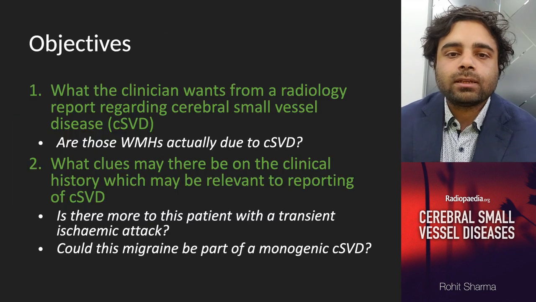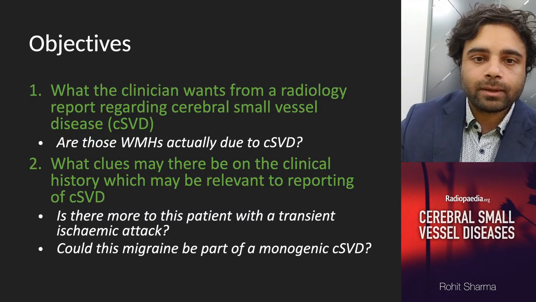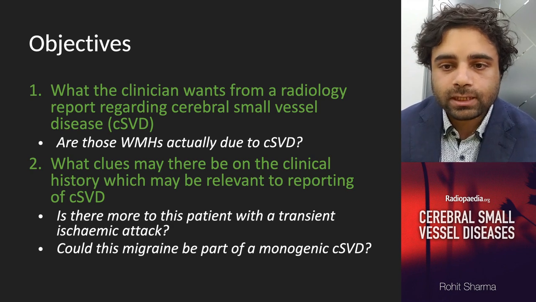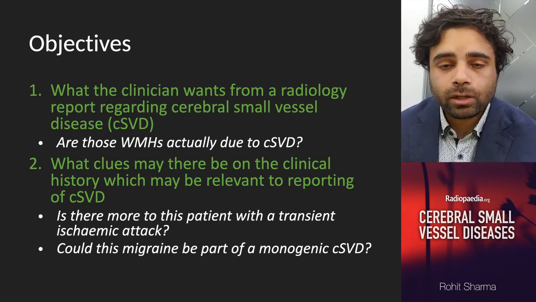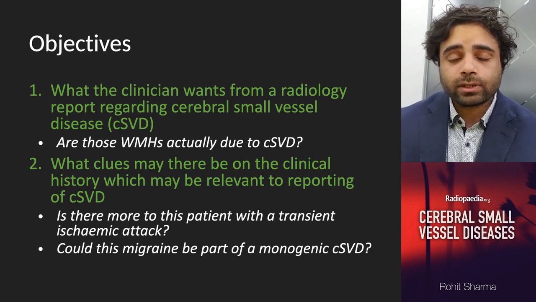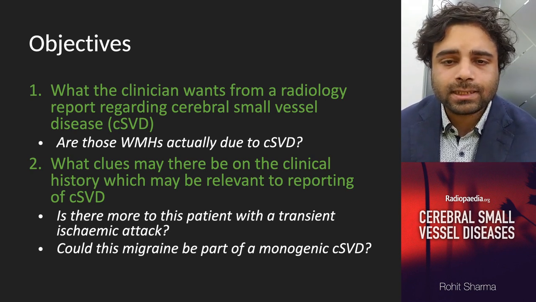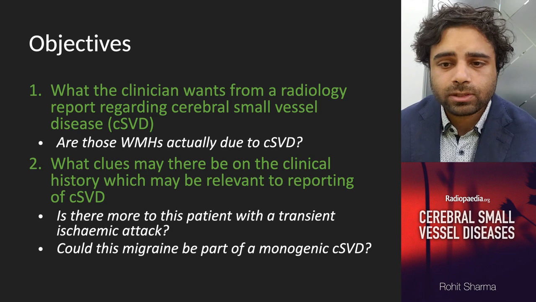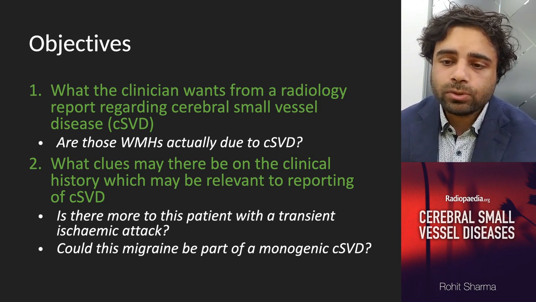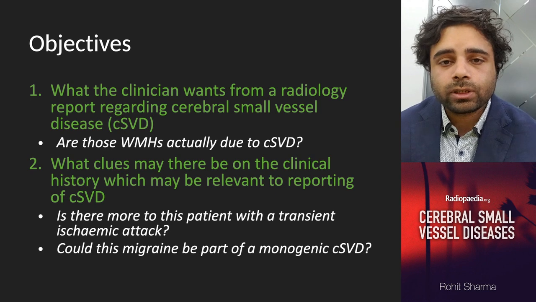So what I hope to impart from my part of the talk is two main objectives. First, what the clinician wants from a radiology report regarding cerebral small vessel diseases, in particular a focus on those white matter hyperintensities, and are they actually due to cerebral small vessel disease? And the second objective is to address what clues there may be in the clinical history